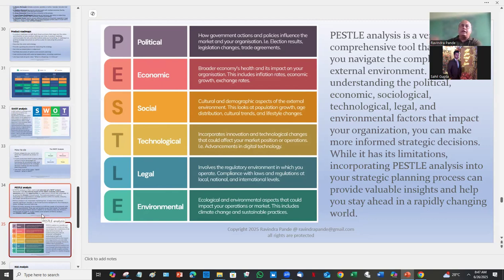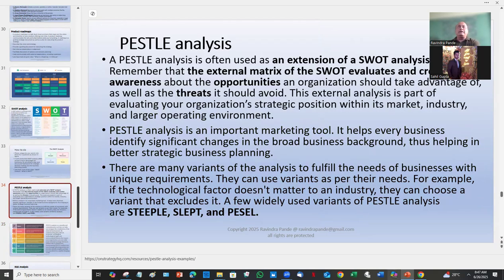Rather than just 4, here we are using 6. There could be 10, again depending upon your organization's adaptability, we might use one or the other, right? So here it is used as an extension of SWOT. Remember, the external matrix of the SWOT evolves as the